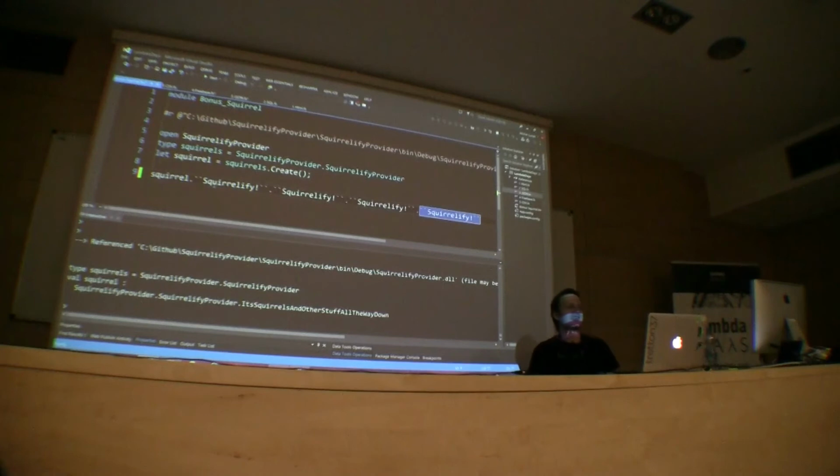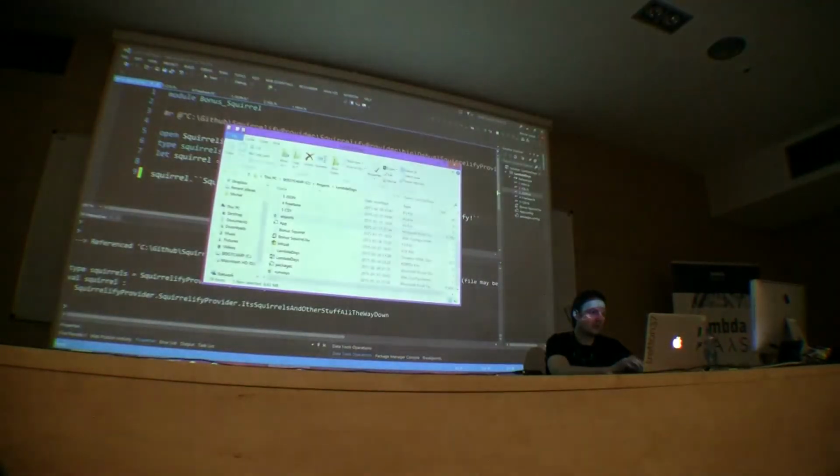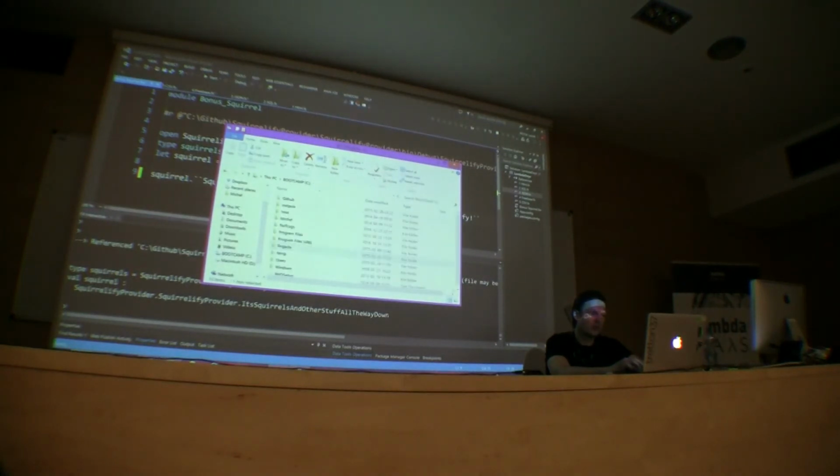Another one that's interesting is Don Syme facts, where you can get facts about Don Syme, the author of the language. So yeah, you can see that it's possible to write type providers, and if people do them for something like that, it cannot be hard. I can actually show the code for this one, because why not? Where is it? GitHub. Squirrelify.